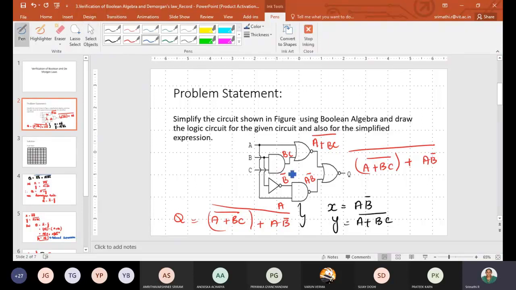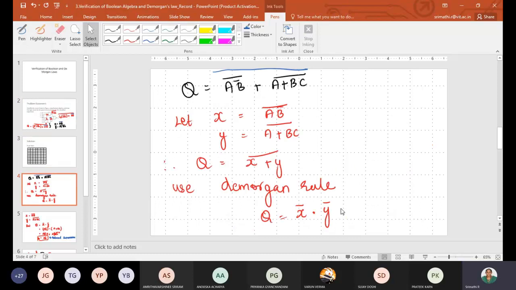Here this is a NAND gate, the whole bar over here, so this is what I am going to assume. Let me simplify first. So if that is the case, Q will be equal to (X plus Y) the whole bar.